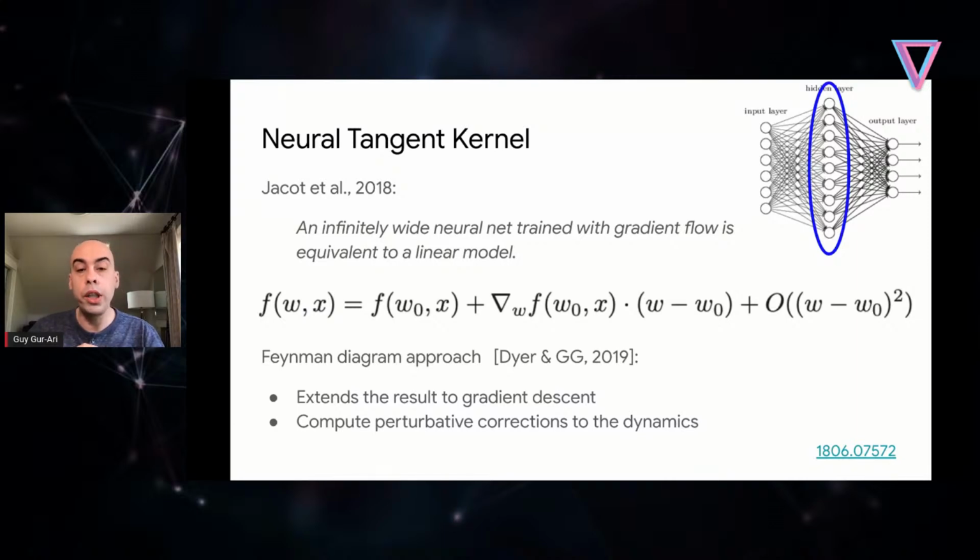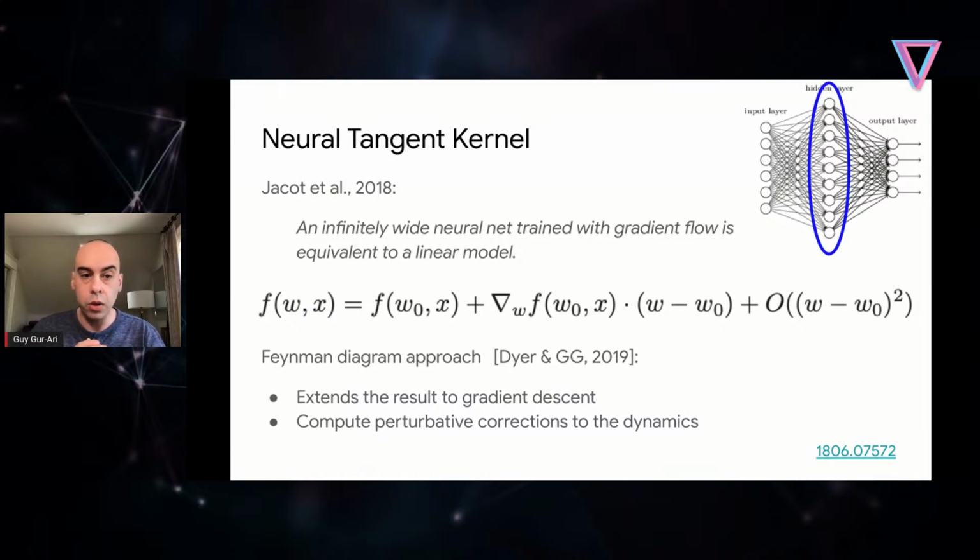And furthermore, you train it with gradient flow, which means train it in the limit where the learning rate goes to 0. So we're training it in sort of continuous time. Then the network becomes equivalent to a linear model. So essentially, we start with a complicated deep network which has nonlinearities in it and so on, which is not a linear model. But once we take this limit and we train with gradient flow, then the training dynamics become equivalent to a linear model, equivalent to a convex optimization problem about which we know a lot.